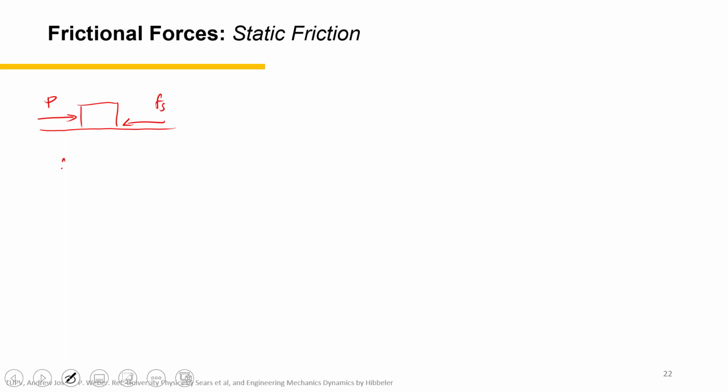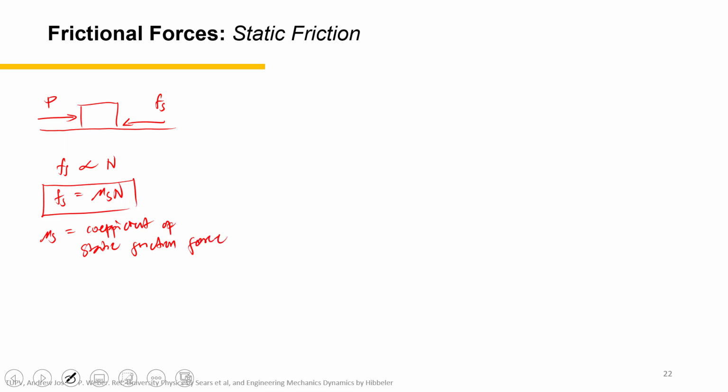This force is also found experimentally to be directly proportional with the normal force, just like with Fk. So by introducing a constant, we have now an equation for static friction force, and μs is called the coefficient of static friction